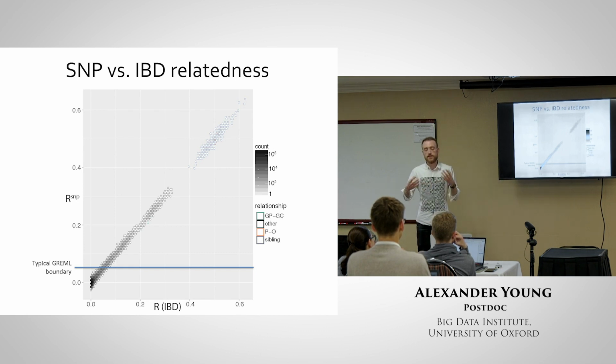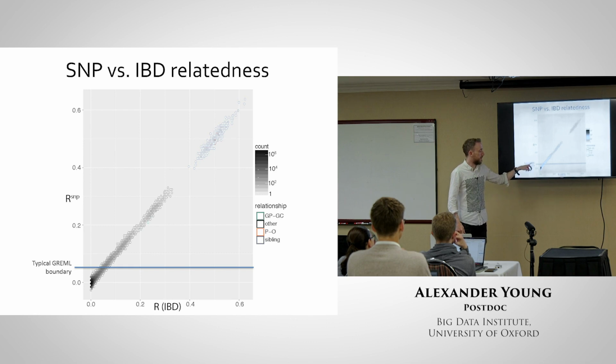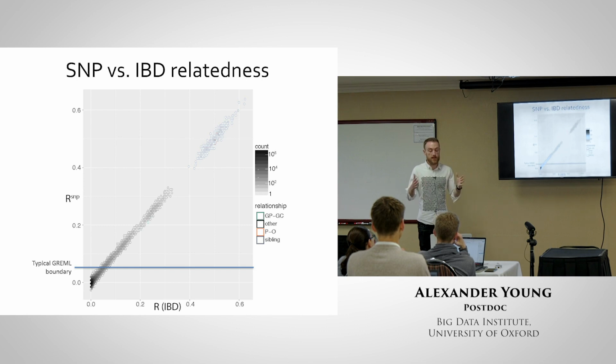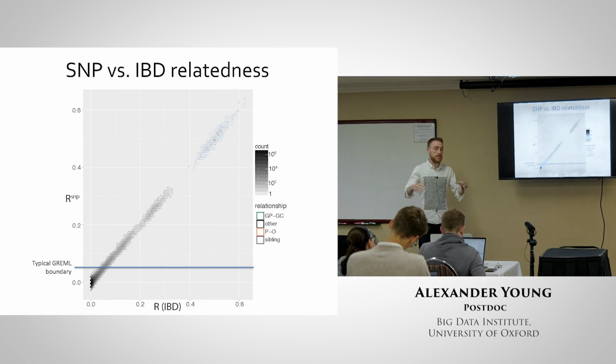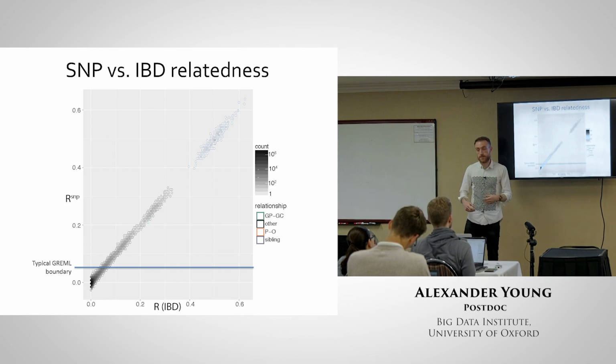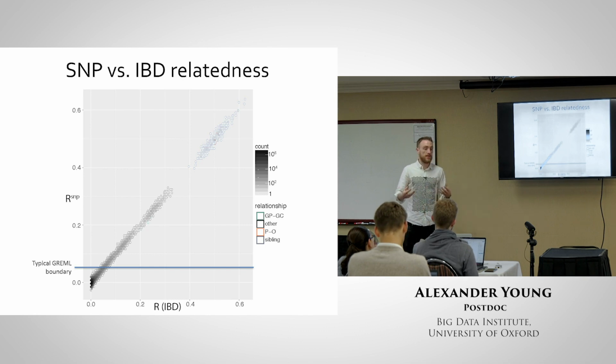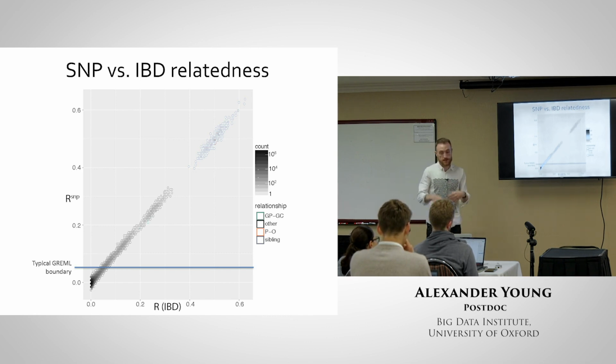It's sort of a bias versus variance trade-off to some degree. It has a lot more power than the IBD-based approach because within segments of DNA that are not IBD, there's still variation in how similar people's SNPs are. So the Grammel SNP approach is taking advantage of that to estimate the variance explained by those SNPs, but it can only estimate the variance explained by the causal SNPs that are in linkage disequilibrium with the SNPs put into the Grammel model, whereas the IBD-based approach can theoretically recover the full genetic component of a trait because it's covering the whole genome in the unobserved causal variance, whether they lie in IBD segments or not. But it has lower power.